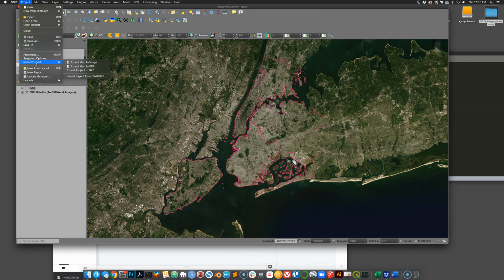The key here is that we're not actually going into a map layout and laying out a print map layout with a legend, with titles. Here we're just going to export, for sequencing within a presentation format, the actual imagery, the state at which you're trying to show a particular GIS process or a result. So here we're just going to export off the Project tab, Export Map to Image,